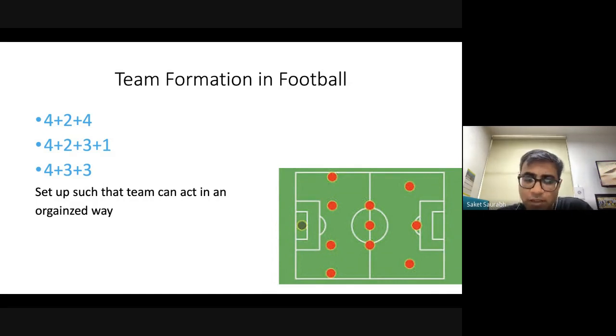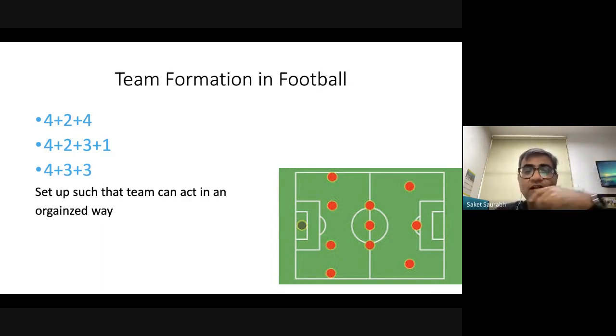So the four at the end are basically called defenders or backs, then there are some midfielders, and then there are some people in the front, like strikers or forwards. Just think of it this way, right? I cannot fill my team with 10 defenders, or with 10 forward players or strikers. I mean, sometimes we do. But maybe some of these players could play a role as both a midfielder as well as a forward, or a midfielder or back, things of this nature, right?